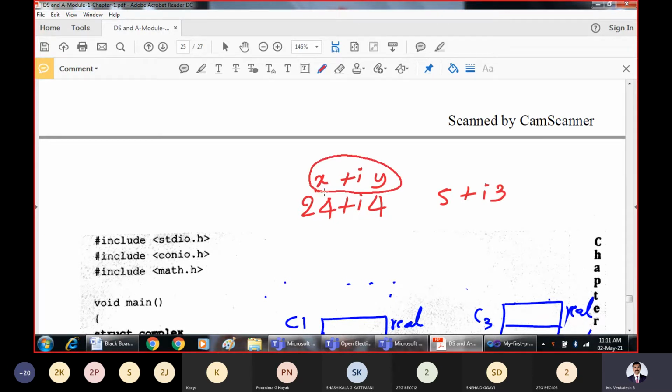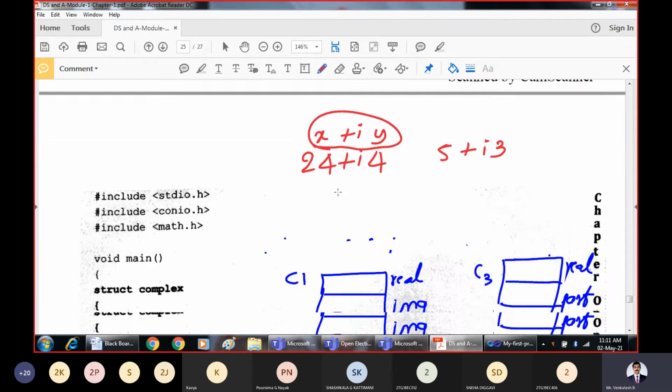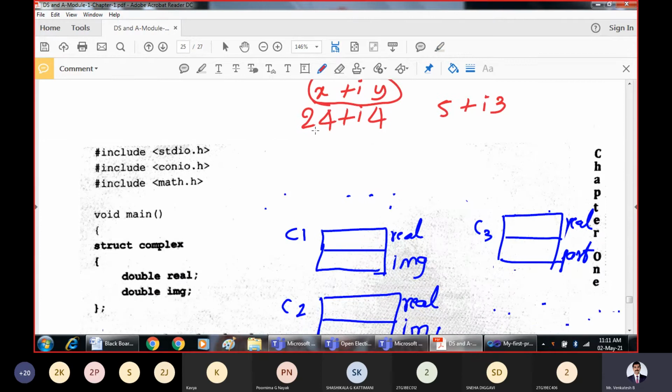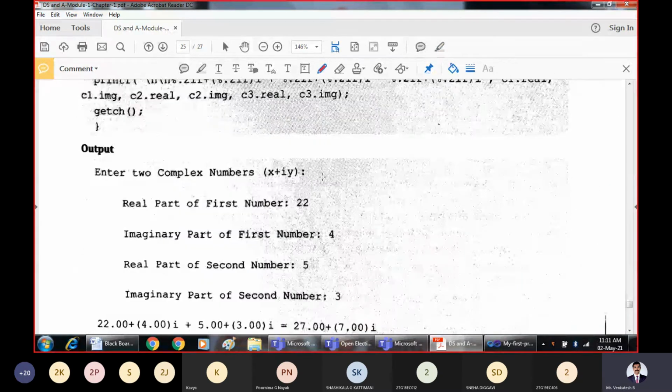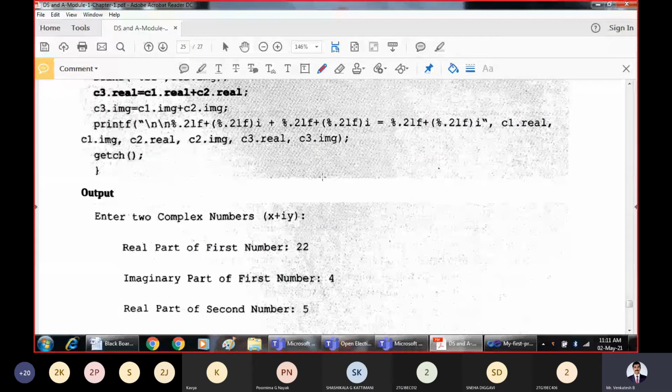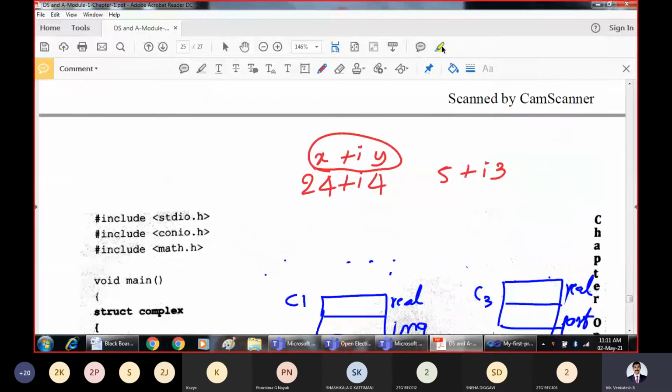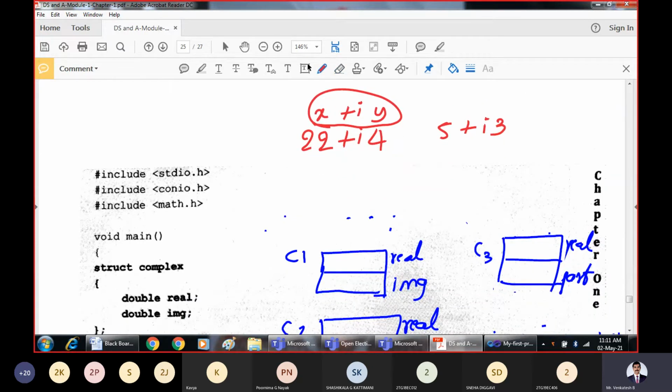So X plus iY complex numbers we are trying to enter. What is the first complex number? 22 + i4. 22 or 24, whatever you can give, any number, but in this example it is taken as 22, so I'll preferably stick to 22. So when you have these two complex numbers, this is complex number 1 and this is complex number 2.